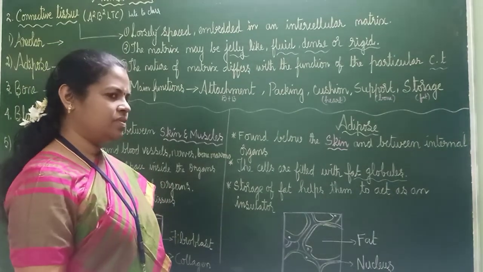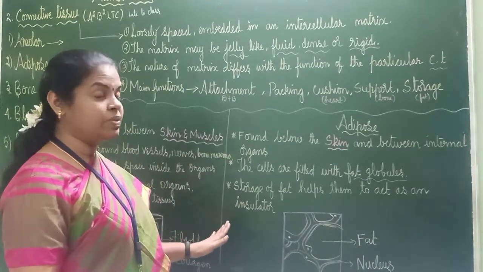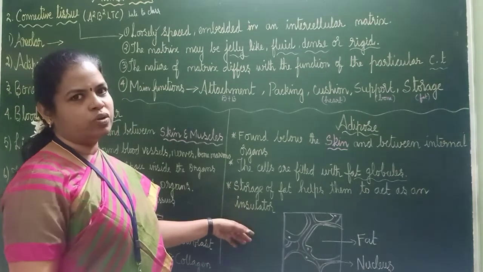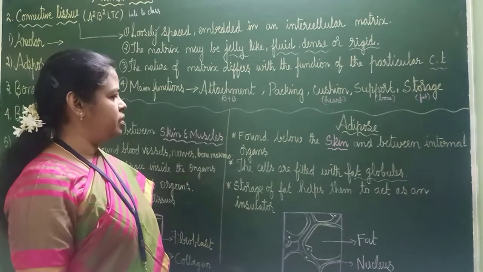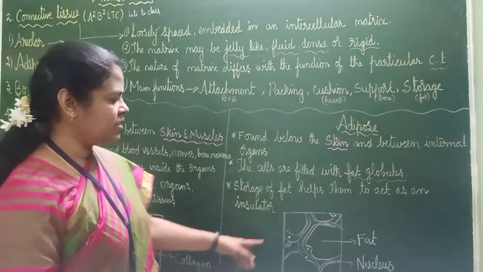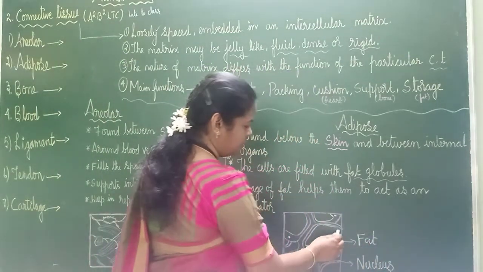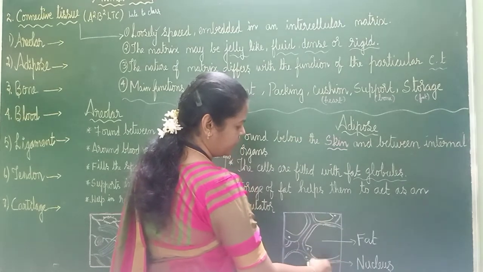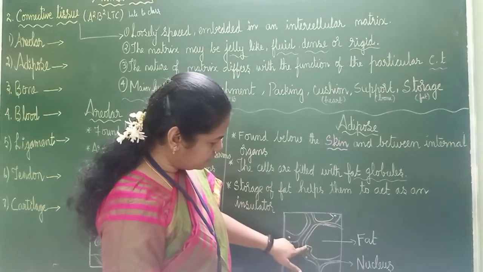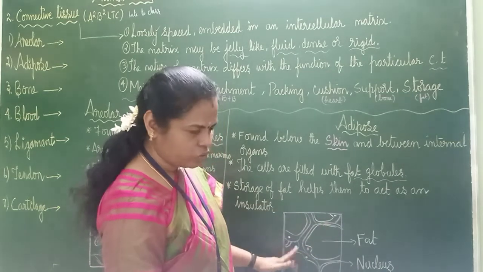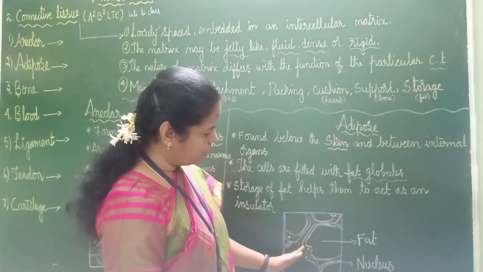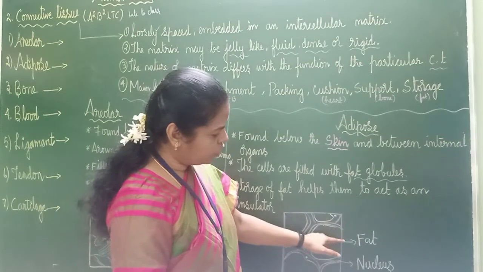It is the storage of fat. When fat is there, it helps as an insulator. Okay, it helps as an insulator. Who? The fat which is present under the skin. Okay, now fat cells, if you see, it will be like this. See, this is one fat cell. Like this, many cells will be there. And in this cell, if you see, the nucleus is pushed to one end. This is the nucleus. Nuclei also I have shown. This one is the nucleus, pushed to one end, and the whole thing, what will be there?